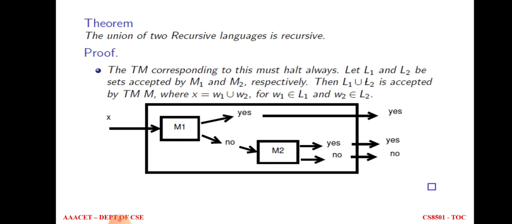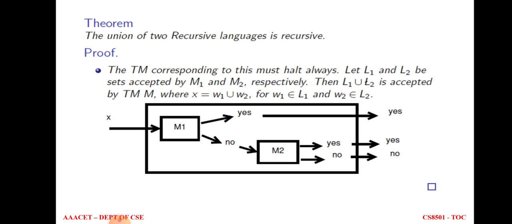So it goes to another Turing machine, that is M2, for the answer of no. If the answer is yes, we don't need to go to another Turing machine, it can directly give the output yes. But if the answer is no, we have to go to another Turing machine M2. So here also, if the input string belongs to the language, it halts its operation with yes.